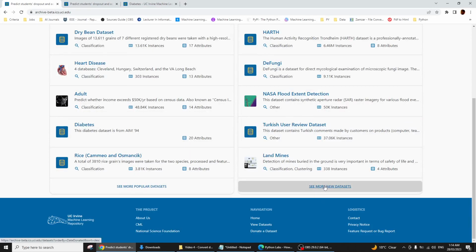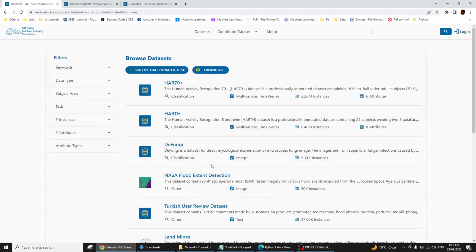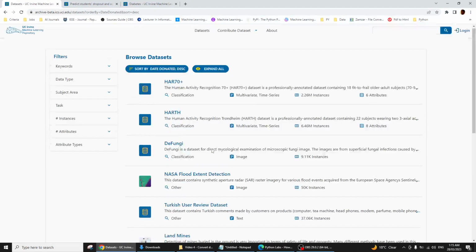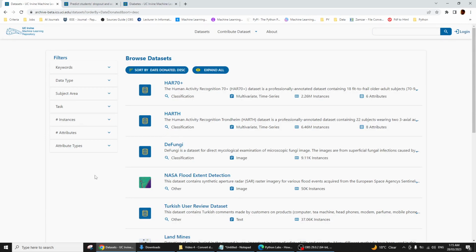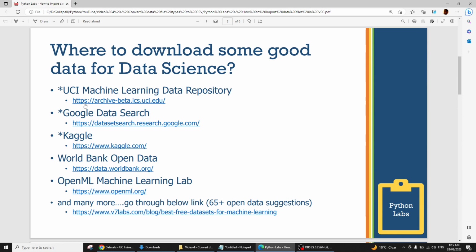If you click on search more new data sets, you can go there and start looking into some new data sets as well. So there's a lot of data sets available there, and I strongly suggest you look into this website as the number one pick. If you don't find a suitable data set for your domain of research or project, then you can start